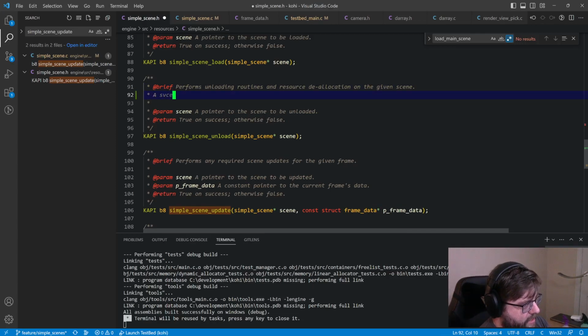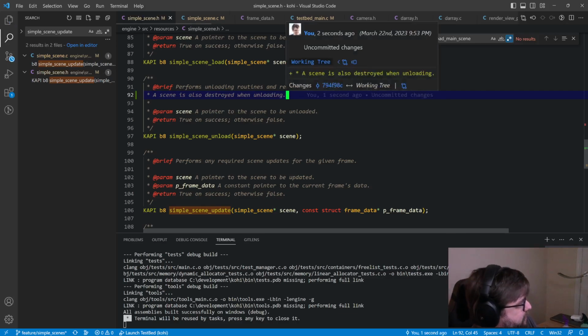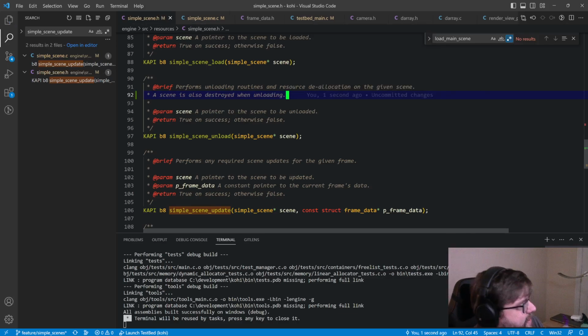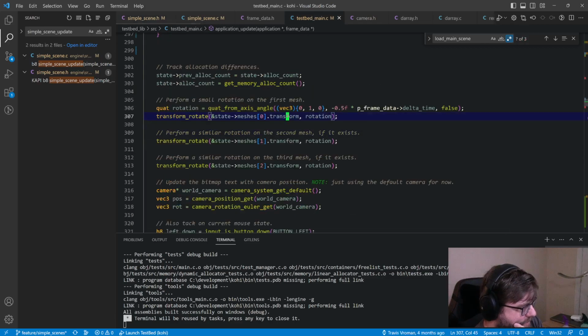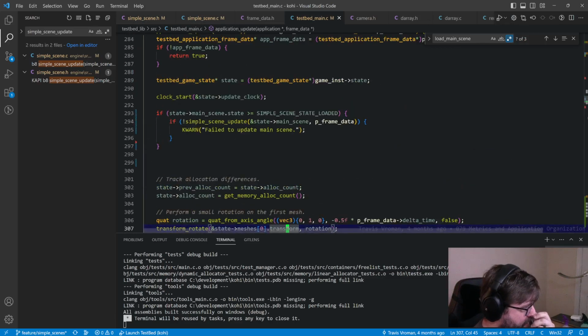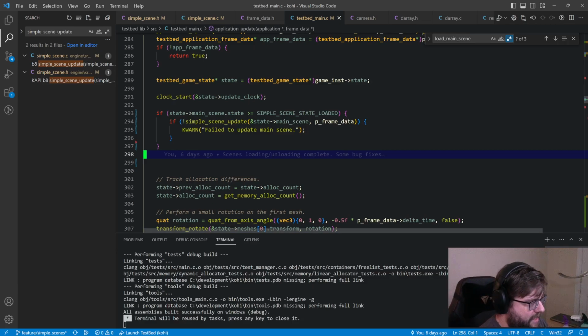A scene is also destroyed when unloading. Boom. Simple. I think that's how I'm going to roll for now, because it keeps me from having to worry about those things as separate steps. So when we trigger the unload,